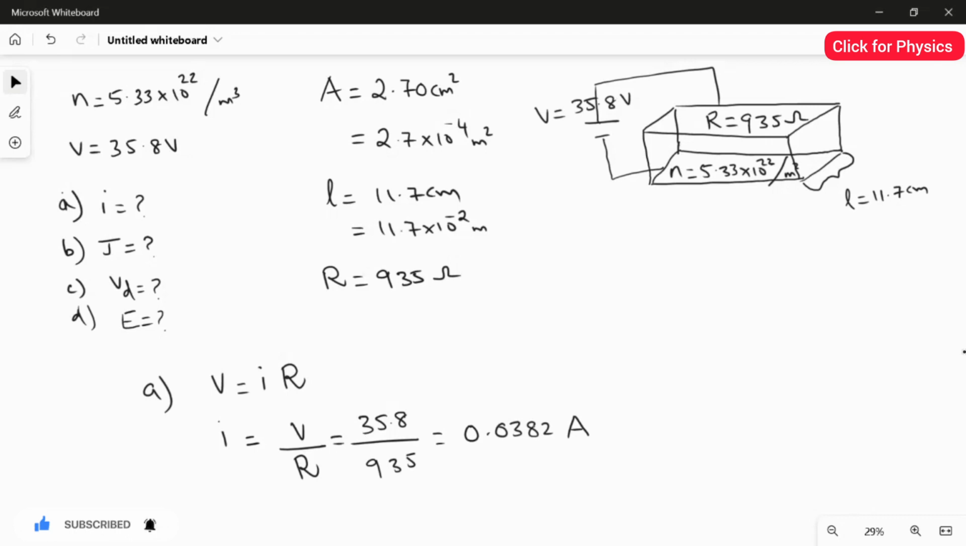So what is the answer for the second question? The second question, we are going to find the current density. So what is the formula for the current density? The current density formula is current divided by area. So here I am going to take the answer of the current from the first part and substitute here. So if you substitute the value of the current,